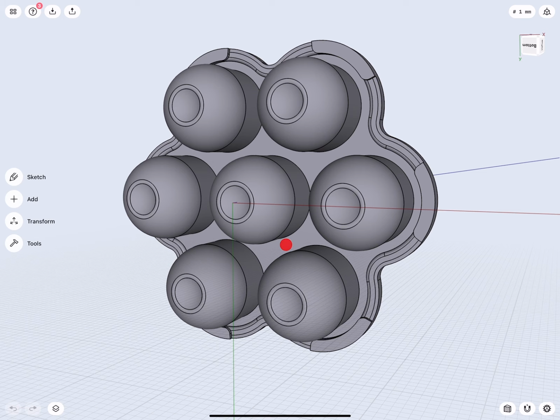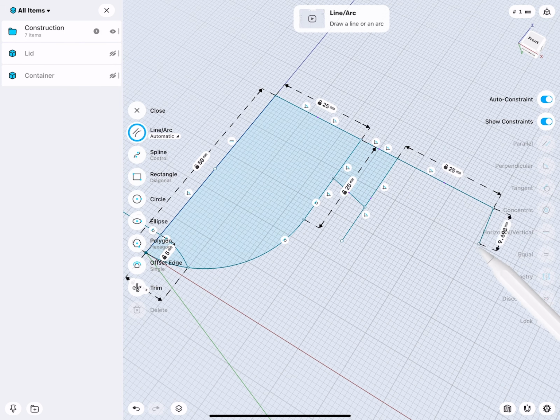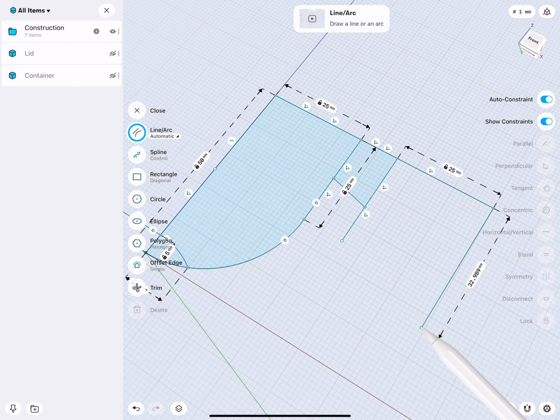It's very flexible. So we turn everything off, go back here to our sketch, and this I will offset 10 millimeters. Then here I will draw a line. I can draw another line here. Okay, and let's rebuild the same design we have on the other side. There we are. This we make horizontal. This is 10 millimeters. Very good.